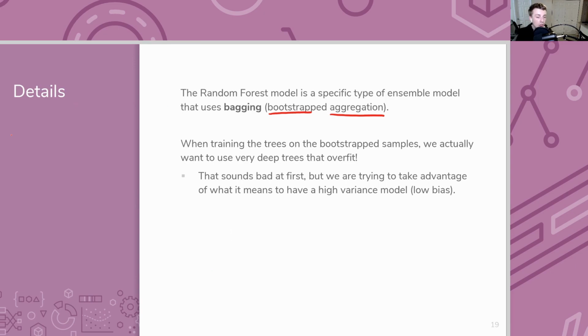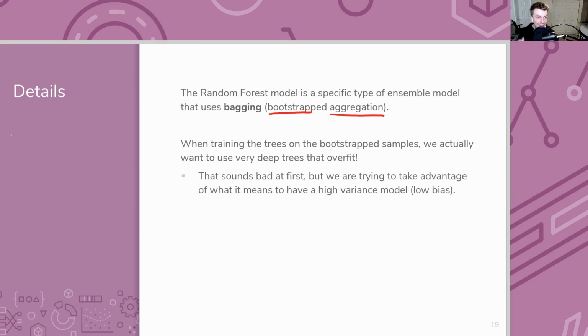What bagging is trying to do is take advantage of what it means to have a high variance model. Remember, a high variance model is one that might overfit and varies significantly on slightly different versions of the data set. But remember, high variance models tend to have low bias. When you average out over all of these high variance versions you could get, it ends up being close to the true function.